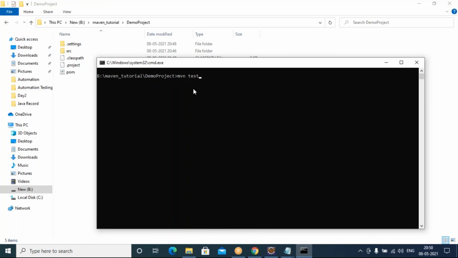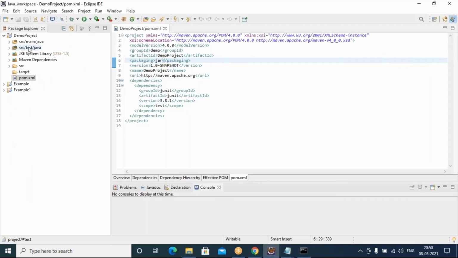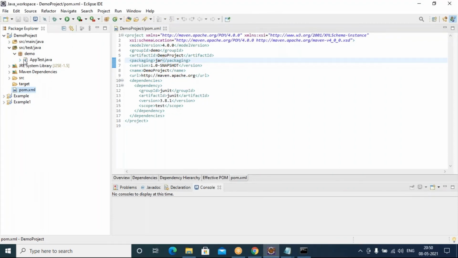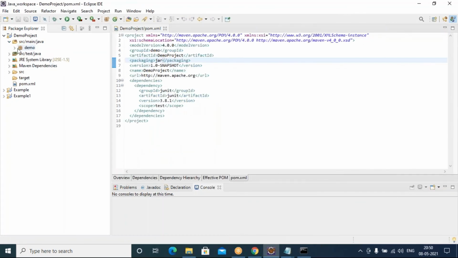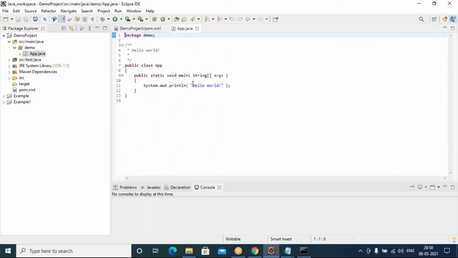It is going to invoke your test. When you create the project, a default test will already be given, along with a default main method and some code. A Hello World program will be given, and the test is written for this Hello World program.